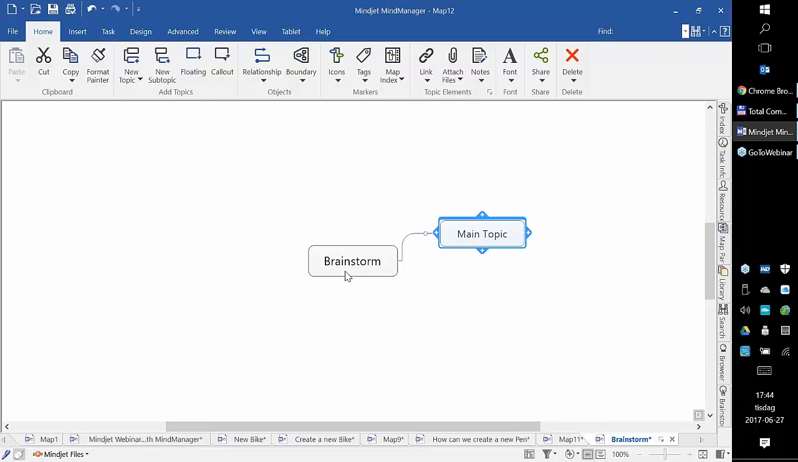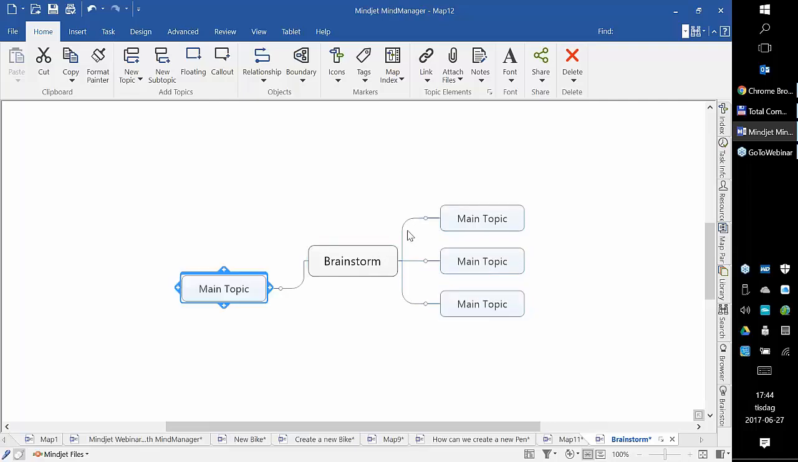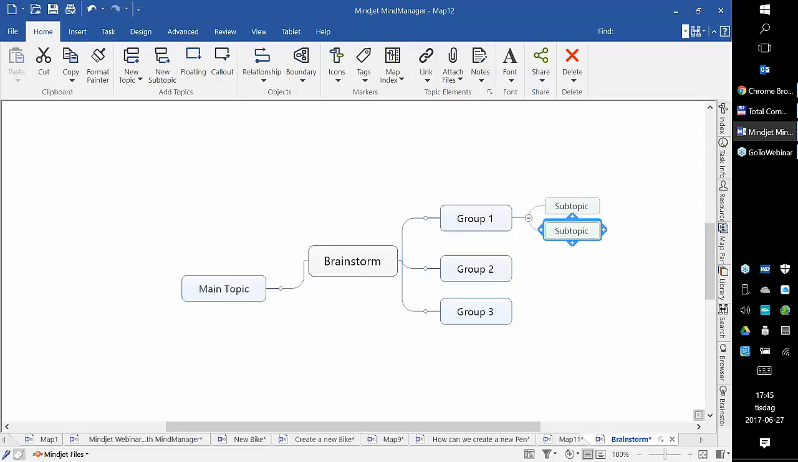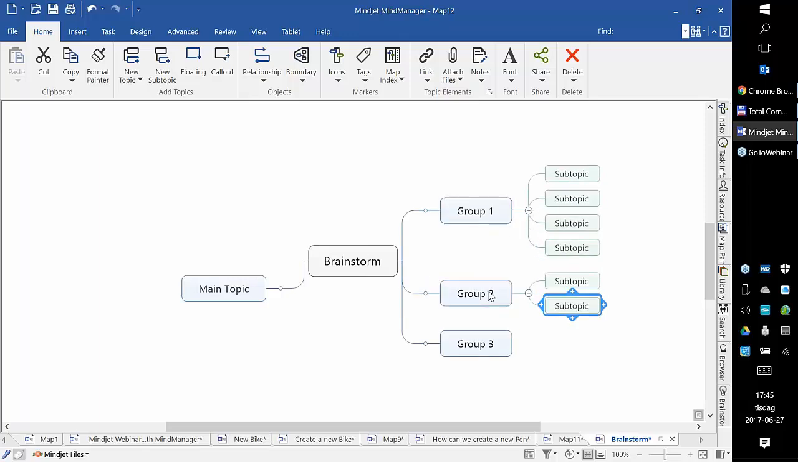And then I simply enter some branches which I call group 1, group 2, group 3, etc. And then when you go into the cloud service and open up this, and you have several computers working with that, several groups working with that, one group can start entering ideas here, another entering ideas here,